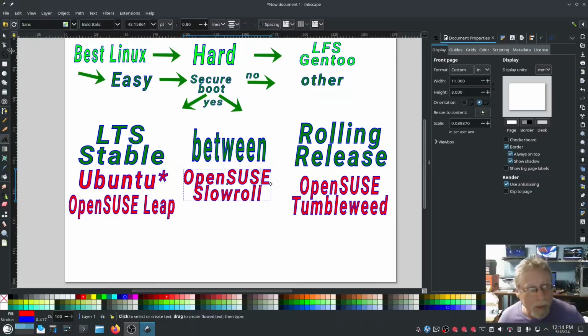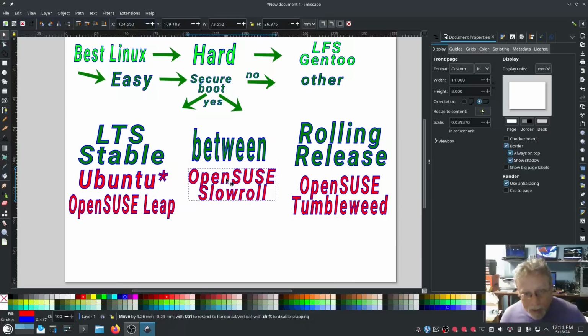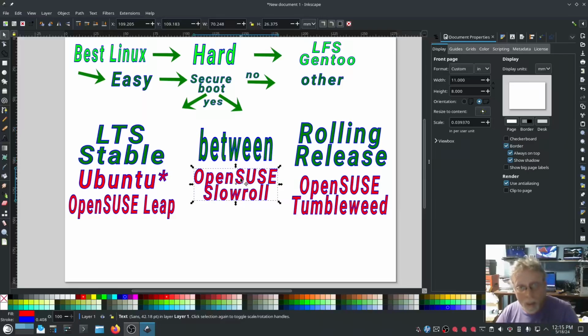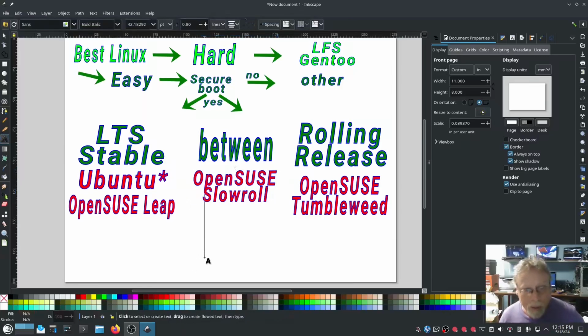OpenSUSE slow roll. What slow roll is, is based on OpenSUSE Tumbleweed, and it just updates slower. It's not bleeding edge. The last thing that I saw on this was somebody suggested that the LTS kernel be used on the slow roll. I think that's a good idea because that's the whole point of slow roll, to not be the bleeding edge that Tumbleweed is. So you have OpenSUSE slow roll, and then I'm going to go ahead and put Fedora in here